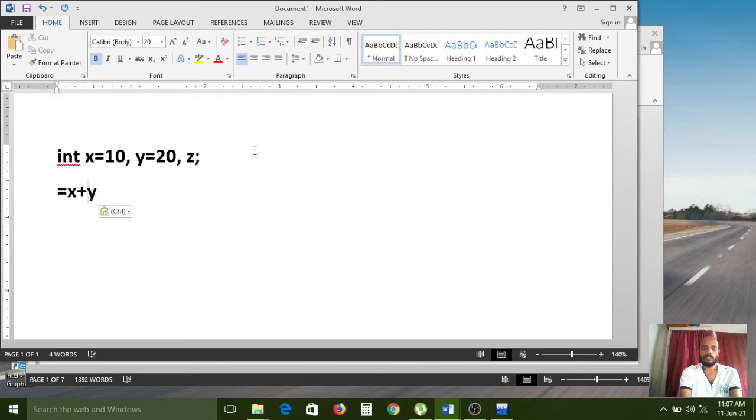In z equal to x plus y, plus is the operator, and x and y are variables, also called operands. So the plus operator we can use only between two operands. Here operands are nothing but x and y.